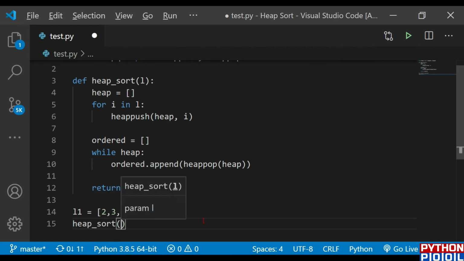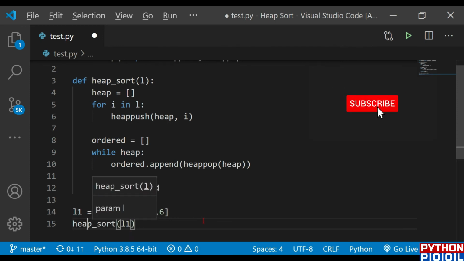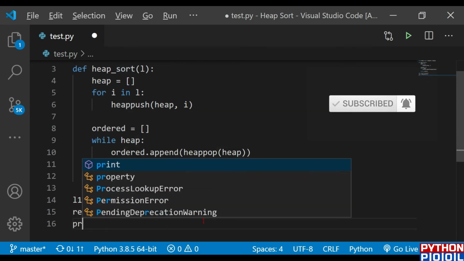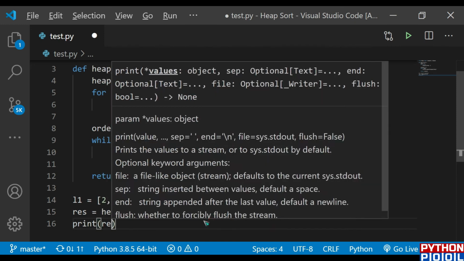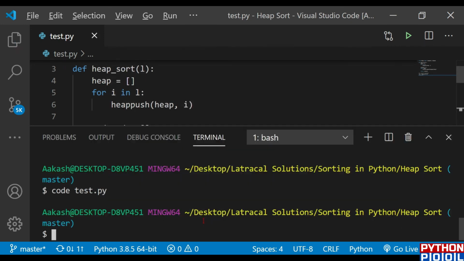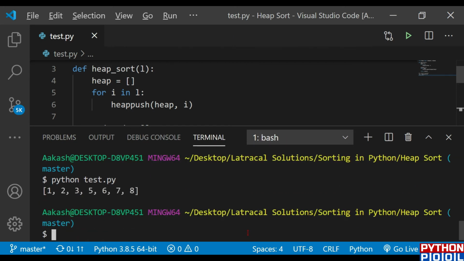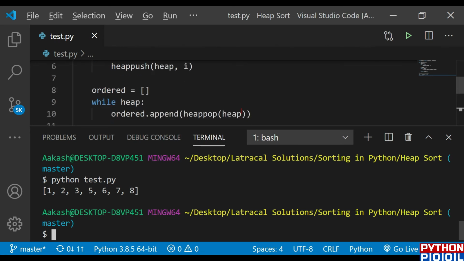I need to pass this L1 list, and whatever it returns, I need to store that in the res variable. After that, whatever is stored in the res variable, I need to print that. With this, I save this program, I run my program, and you could see it gives me a perfectly sorted list. So now you understand how our heap sort algorithm works.